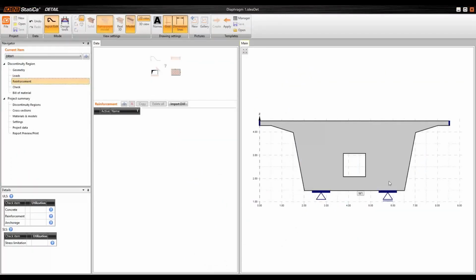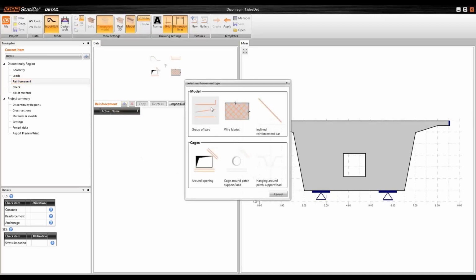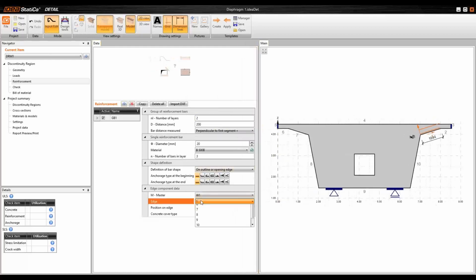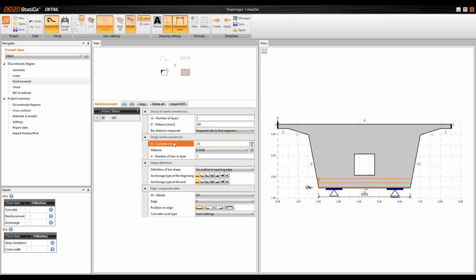So let's go right to it. First thing I want to reinforce is the bottom edge. I will do it by adding a new group of bars, like that. I will choose edge number 9 as this is the bottom edge. Number of layers, let's say we have 3 layers in the distance 200 millimeters. Their diameter will be 25 millimeters, and I want to have, for example, 5 bars in one layer. I would also like to change the anchorage type to standard hooks on both ends, and I would like to elongate these bars to the outer edge. You can do it by clicking here, whole length and extension, and choosing the extension up to the outer edge,